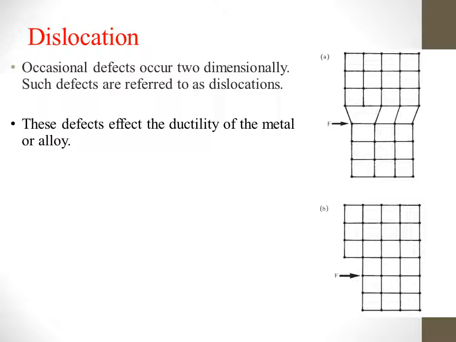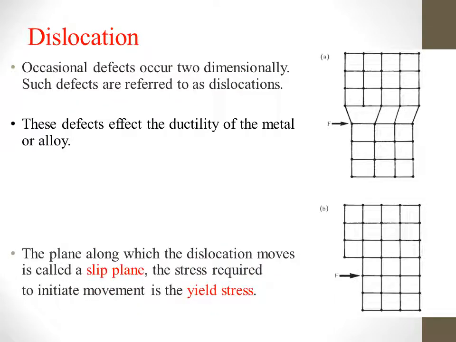Specifically, the planes along which they move are called slip planes, and the stress or force required to initiate this movement is the yield stress. So a specific amount of stress is required to initiate the dislocation movement,